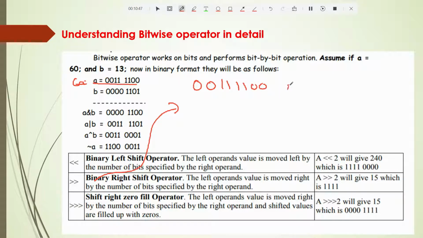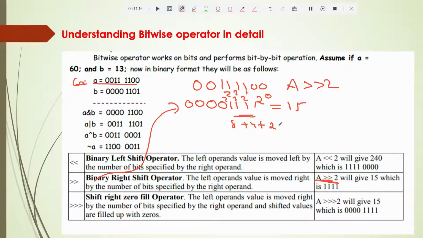So you right shift it, for example by 2. You shift it right, so 0 0 1 1 1 1, and the empty spaces on the left will always be appended by 0 only. If you find out what this is, students, it is nothing but 15. 2 to the power 0 1 2 3, which is 8 plus 4 plus 2 plus 1, which is 15.